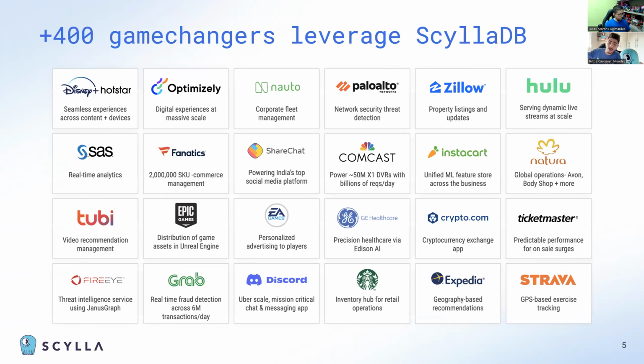Now, many of you will recognize some of the companies pictured here. For example, we have Starbucks, who leveraged ScyllaDB for inventory management. We also have Zillow for real-time property listing and updates. And we also have Discord, who is connecting several users in real time all around the globe. So as it can be seen,